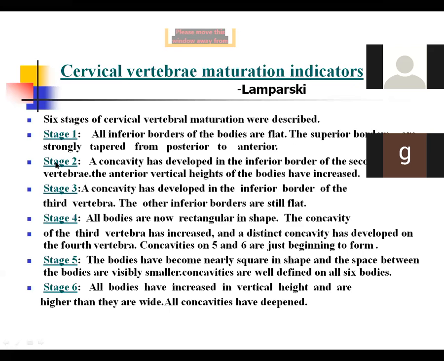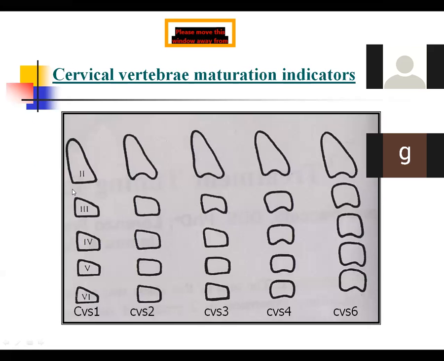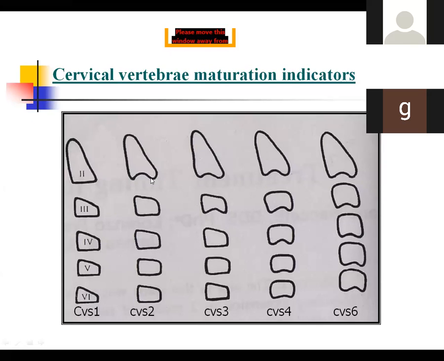In stage 2, a concavity has developed in the inferior border of the second vertebra. The anterior vertical height of the bodies has increased. That means the concavity has increased on the second vertebra and the anterior height of the vertebra is increased compared to the previous stage. In vertebra 3 to vertebra 6, it is still less. From wedge shape, it is progressing towards a more rectangular shape, from which it will progress more towards a square